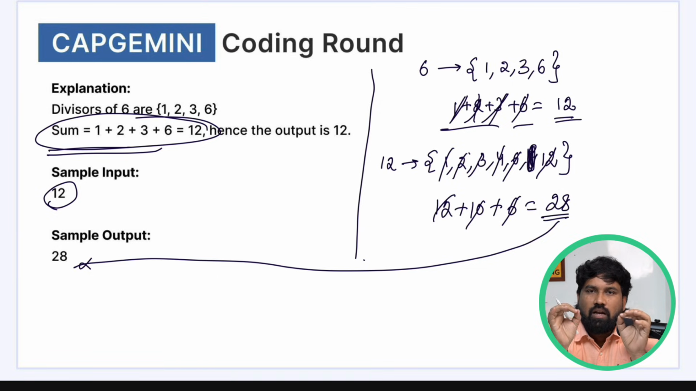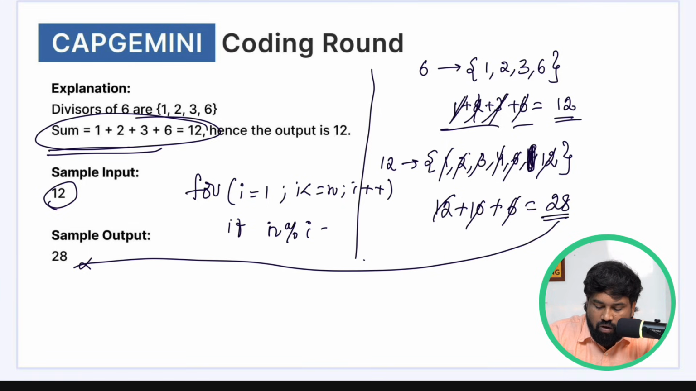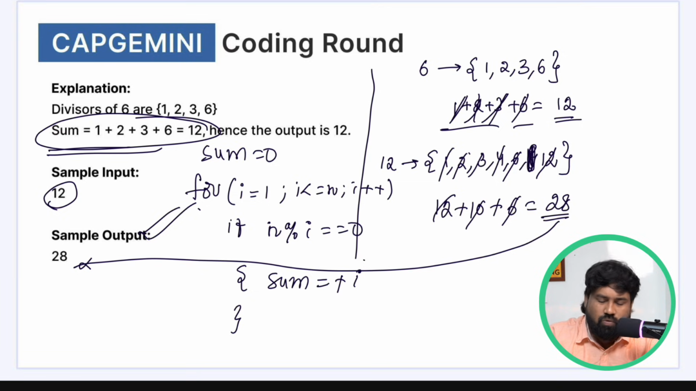This is how you need to find the output, right? So first I need to find the number of divisors. A lot of people will run a for loop, starting from 1 up to the value n, with i plus plus. If n is divisible by i, they will add it to the sum. For example, we take sum equal to 0 and do sum plus i. This is a regular approach, but the time complexity here is O of n,